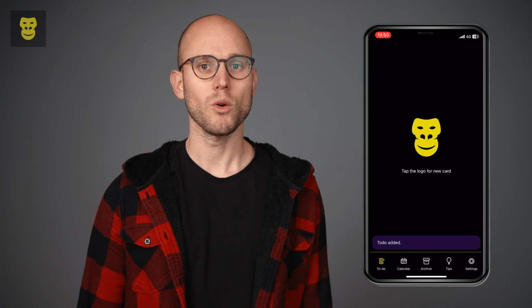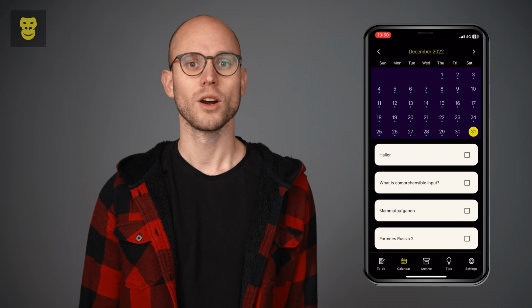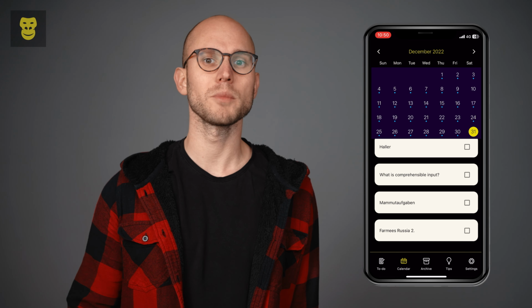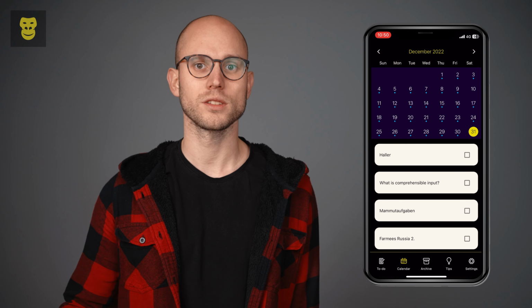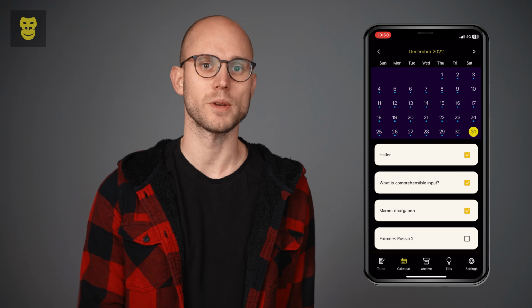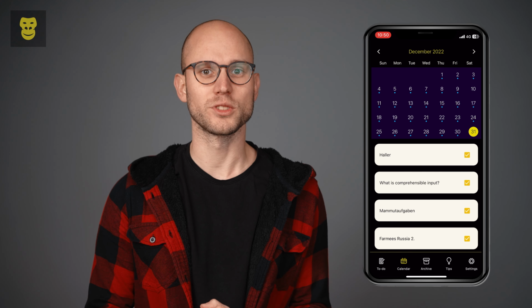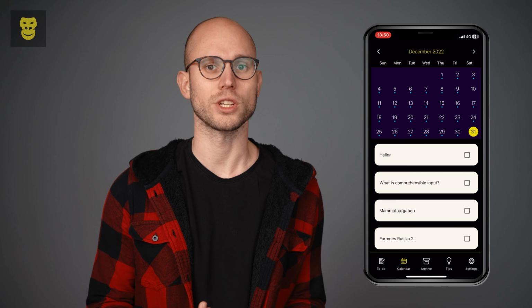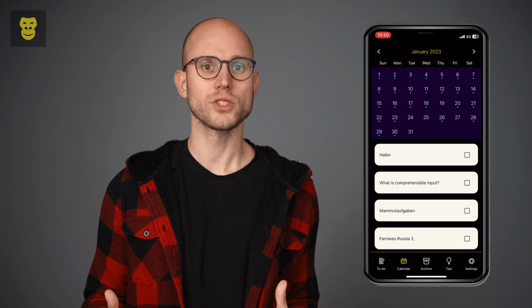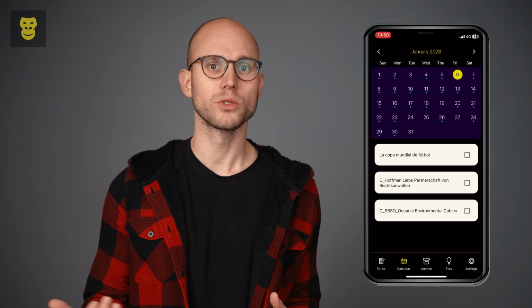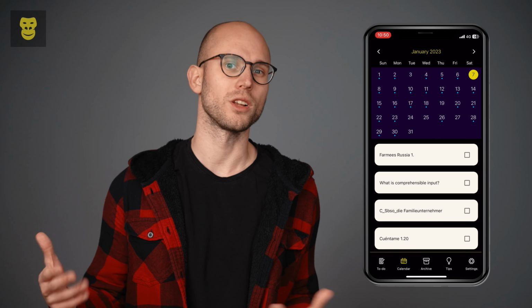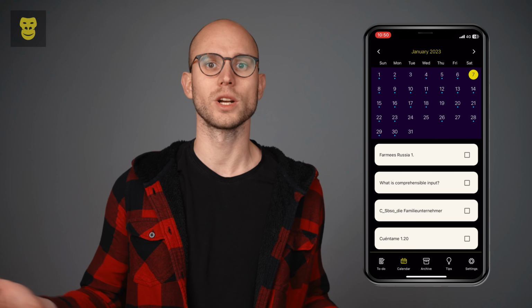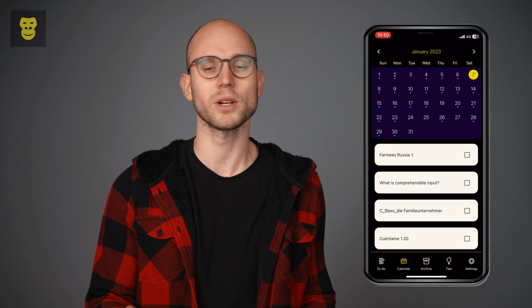Alright, now we have our first task created. One thing to note is that unlike many other to-do list apps, tasks don't disappear when they are ticked off in Spaced Input. This is because it's helpful to see at the end of the day what you have accomplished. It has a psychological effect. The calendar view is also really handy because it allows you to complete tasks in advance if you have a long weekend coming up or if you weren't able to finish your repetitions on a particular day.